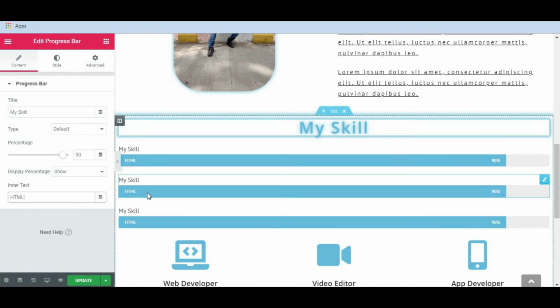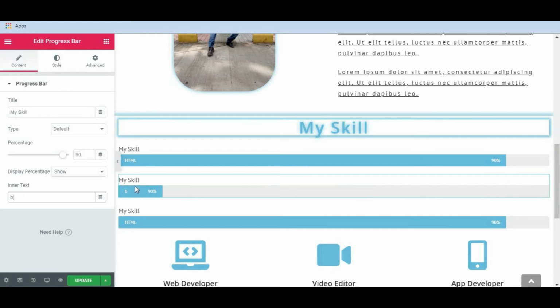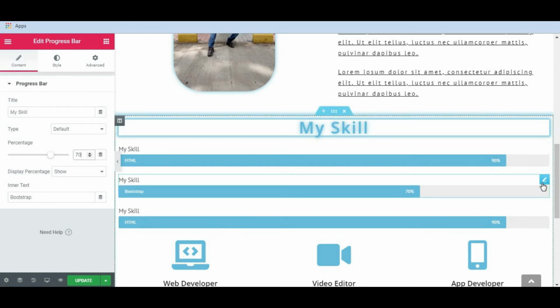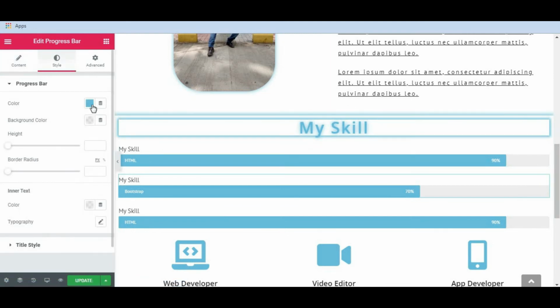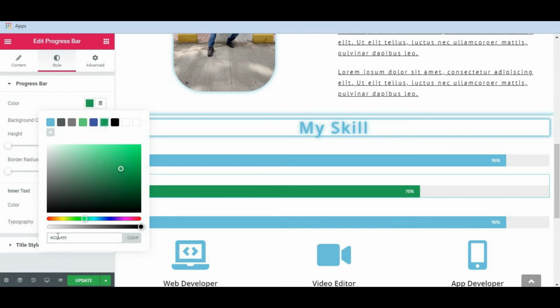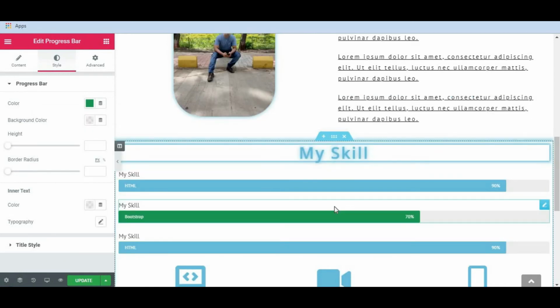Okay, change the inner text. So I'm going to write now bootstrap. So I will make it 70%. Okay. Let's change the color. Select, go to the style, green. So in this way you can show your skill in progress bar and measure your skill in percentage.